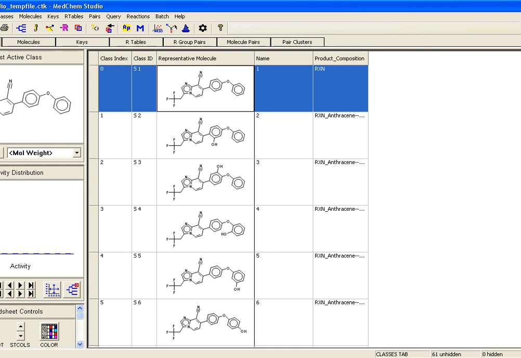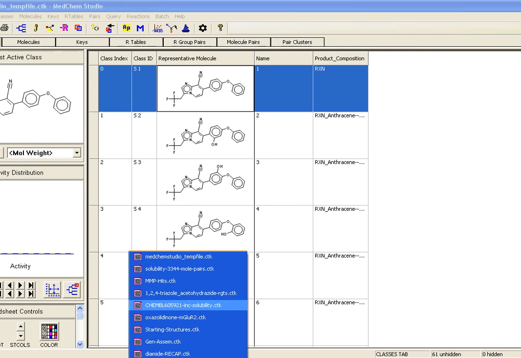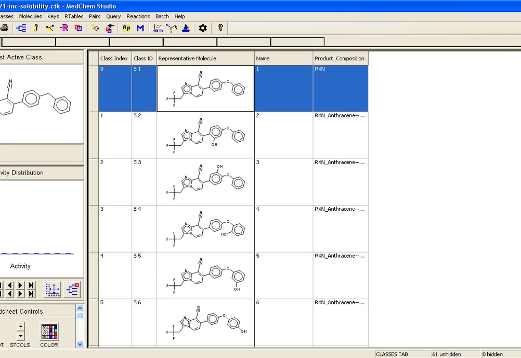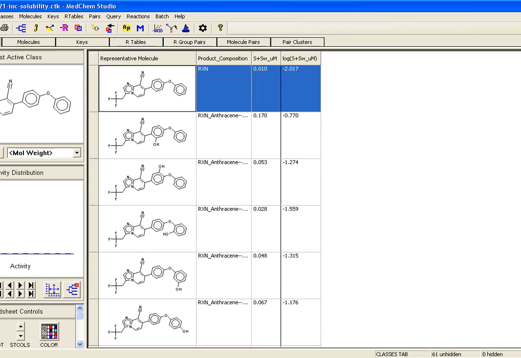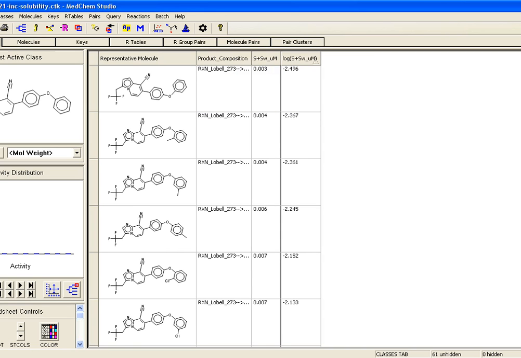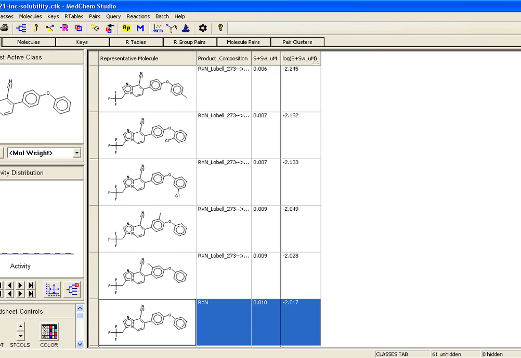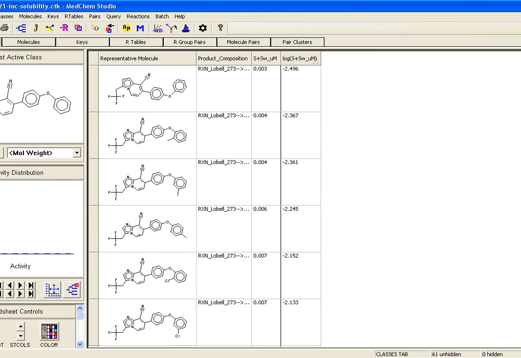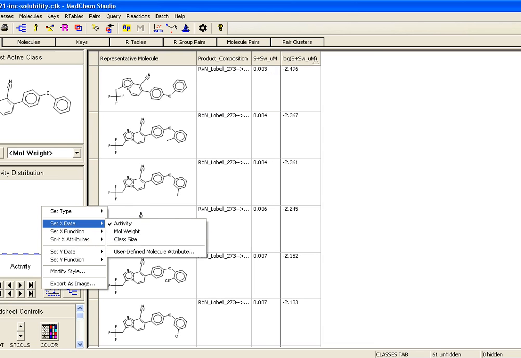So I don't think I've got it opened here. Oh, I do have it opened here, sorry. Okay. So this is the same 61 transformations, but I've added predictions of the water solubility. So here's the initial product, and if I sort on solubility, you'll see that not all of these transformations actually increase the solubility. Here's the original molecule, and then there's about 6 or 7 compounds where the solubility was not increased. We can make a distribution plot of these